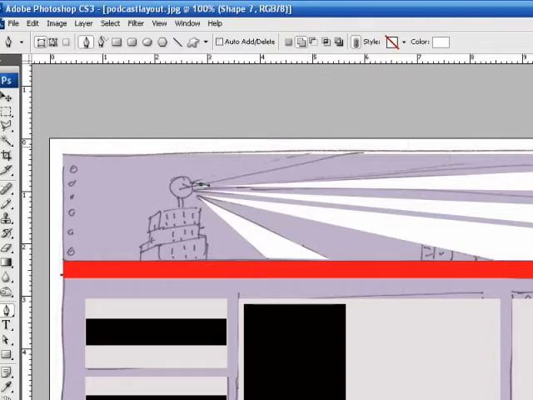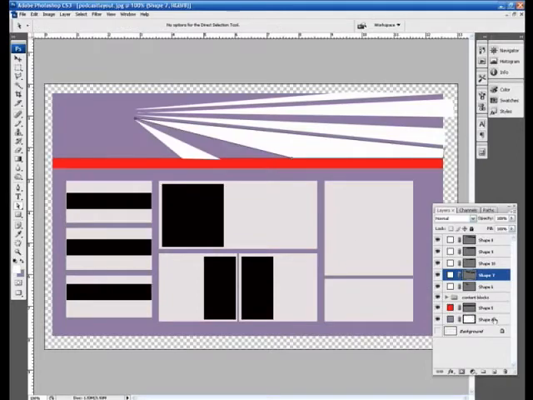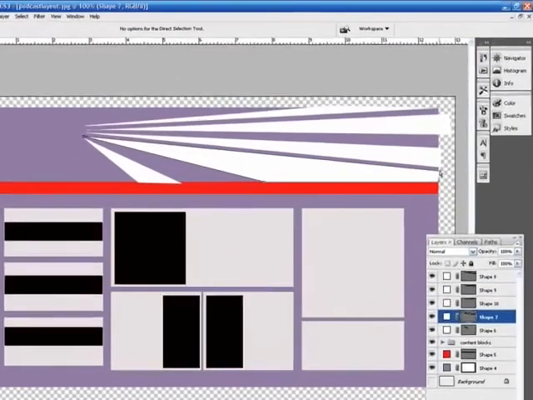And the last one. Oops, too far across. There. Turn the purple layer up so we can see the shape created,